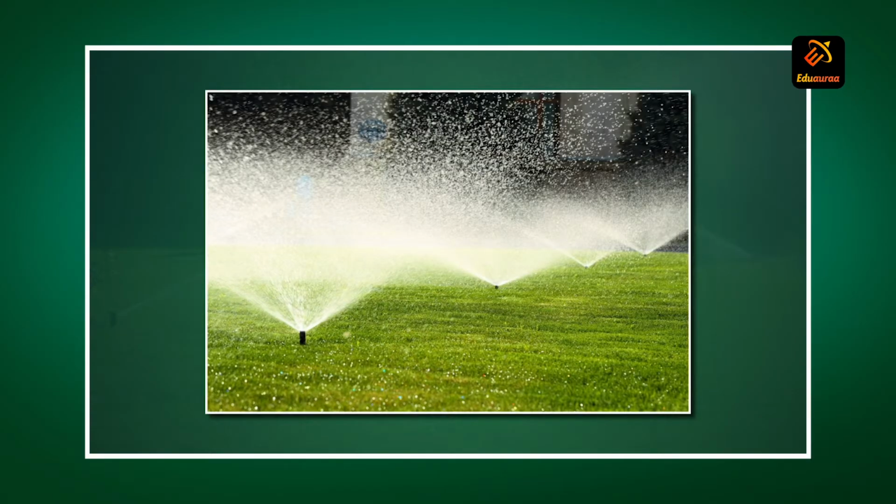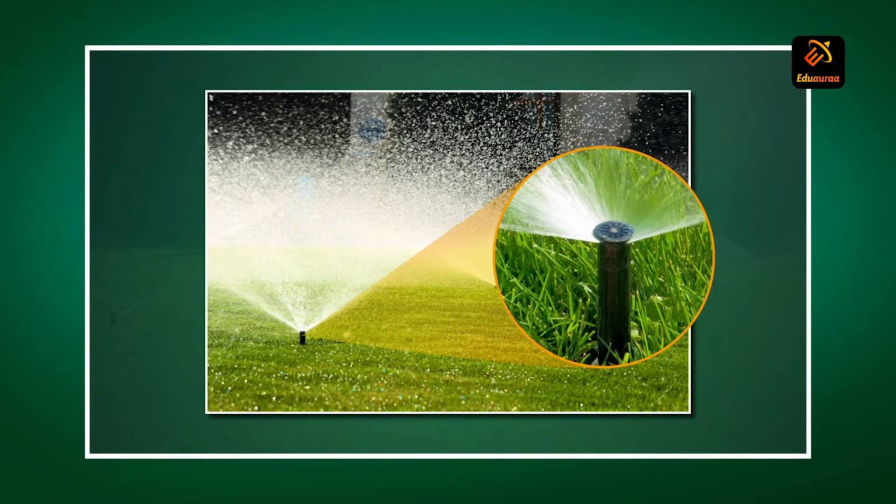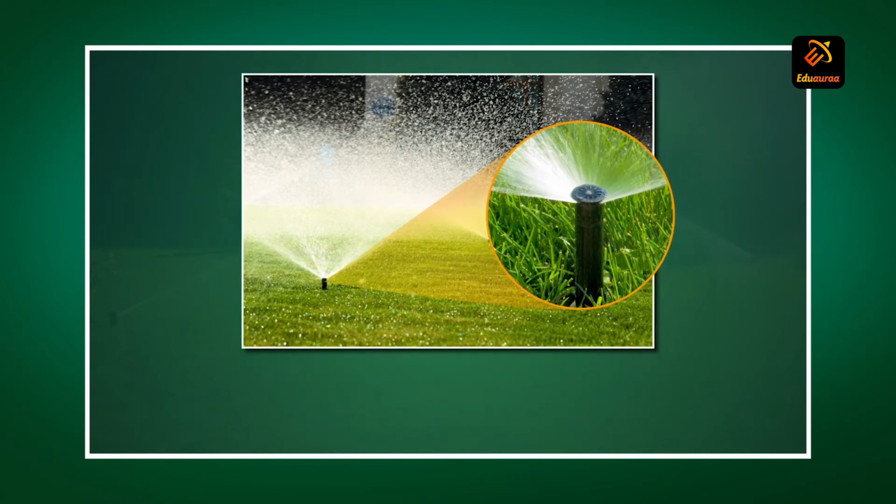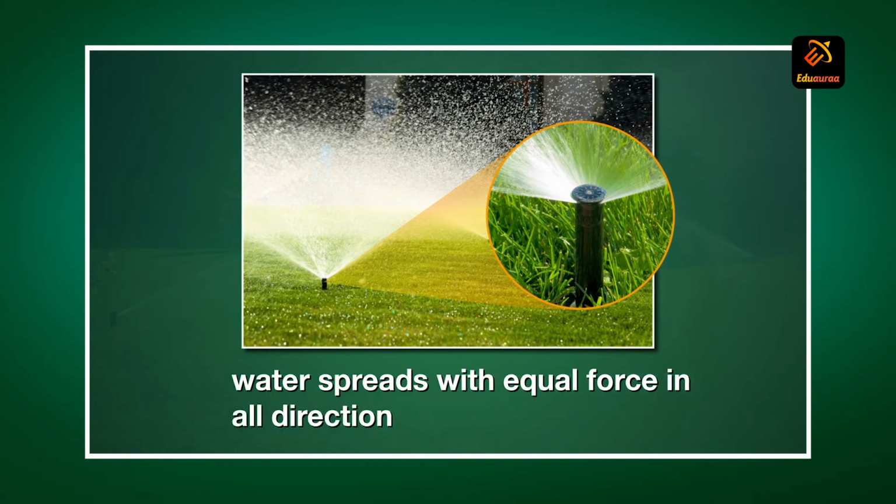You have seen many a time a garden hose is a flexible pipe attached with a sprinkler at the end. When the water is supplied from the other end, the water will pass through the sprinkler in all directions. So what you observe is water spreading out of the sprinkler with equal force and in all directions.